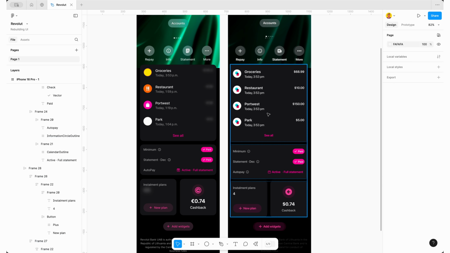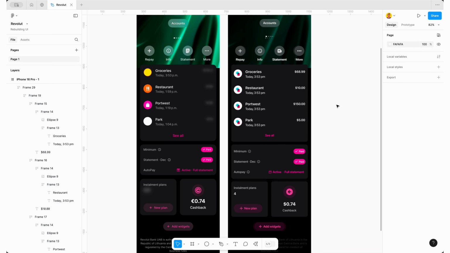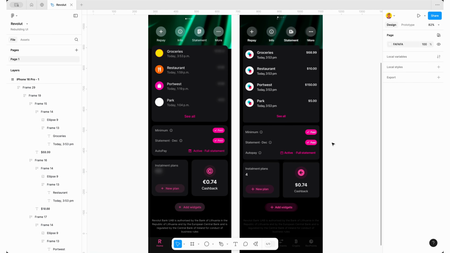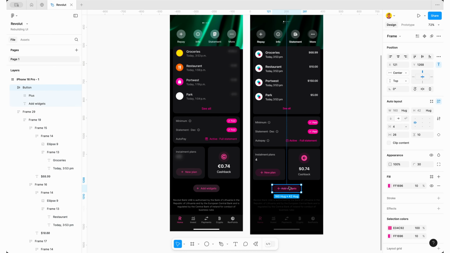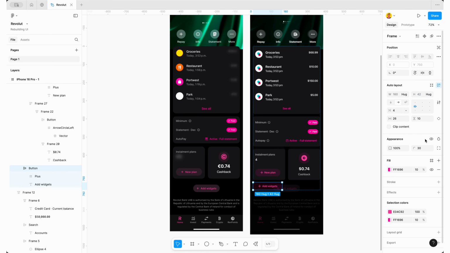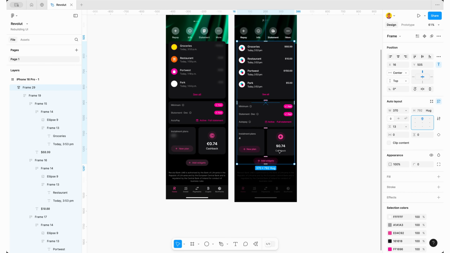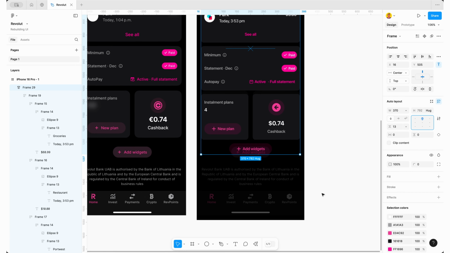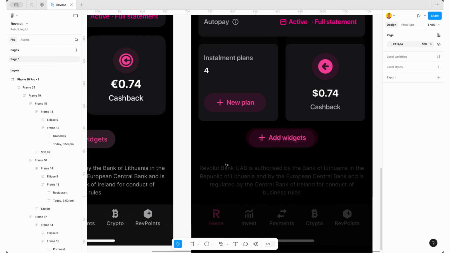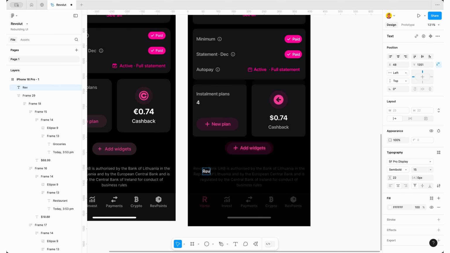Fill, center, align it. We'll just move this also, you can just change this to central align. Yeah, okay, and we need the text here, so I'll just,